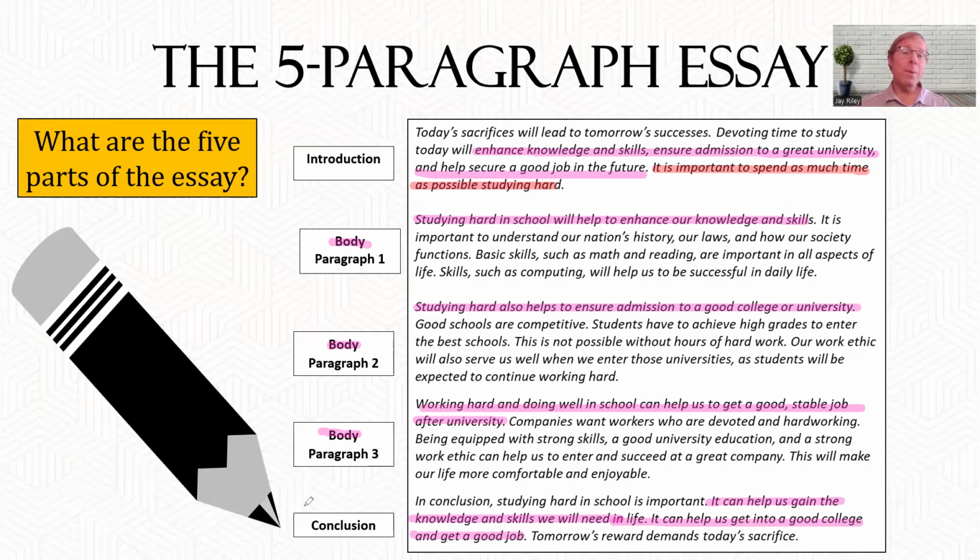A great way to think about this is as academic writers, we want to tell our audience what we're going to tell them. We do that in the introduction. Then we want to tell them. We do that in the body. And then we want to tell them everything that we just told them. We do that in the conclusion. So in each body paragraph, we're going to need to give a little bit more information about each of these big ideas. So I'm going to look at body paragraph 1.